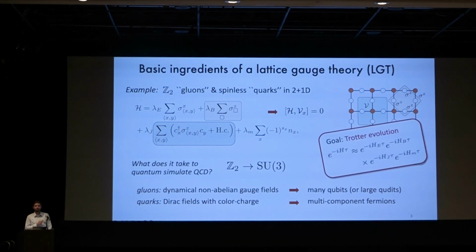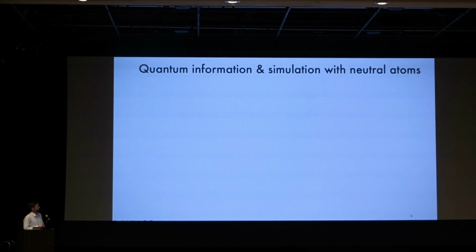Sorry, I should say also what my goal is. So the goal is to do something non-trivial, and just as an example, let's focus on real-time evolution using Trotter decompositions. So the goal is to implement real-time evolution corresponding to all these different terms, but not specifically for this theory, but for theories of this kind. Basically, I would like to be able to do this for any theory that comes out of the construction with a given gauge group. Okay, and I'll choose my favorite platforms for this, which are neutral atoms,